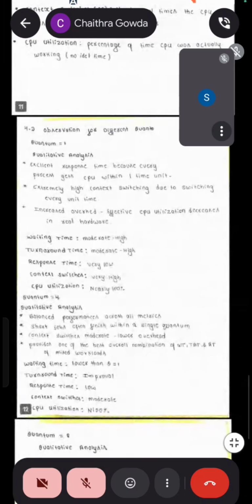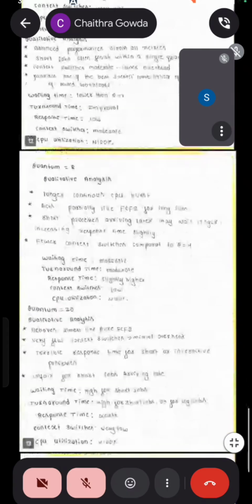The observations for the different quantum values. It is quantum 1. Qualitative analysis: excellent response time because every process gets the CPU within one time unit. Extremely high context switching due to switching every unit time. Waiting time is moderately high, turnaround time moderately high, response time very low, context switches very high, CPU utilization nearly 100%. Quantum 4,